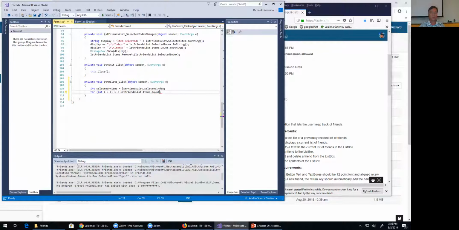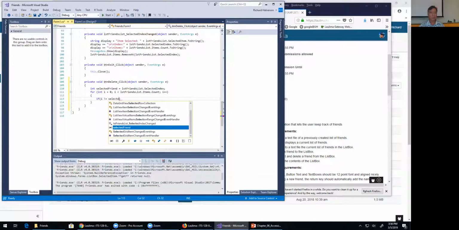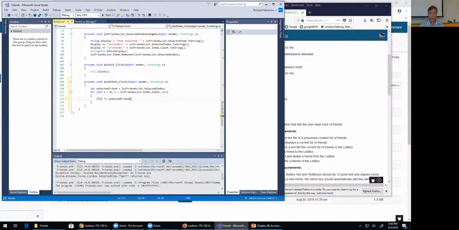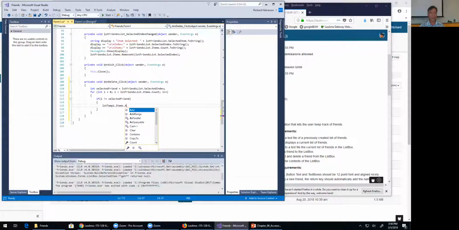No, it's just a property. Okay. i plus plus. If i is not equal to selectedFriend, then lstTemp1.Items.Add